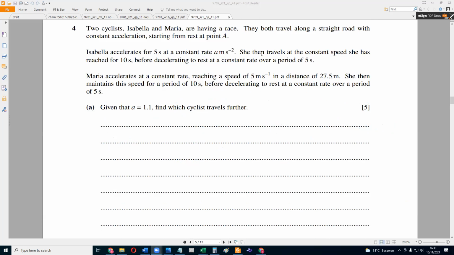Okay, two cyclists, Isabel and Maria, are having a race. They both travel along straight roads with constant acceleration, starting from rest at point A. Isabella accelerates, so let's say they are,